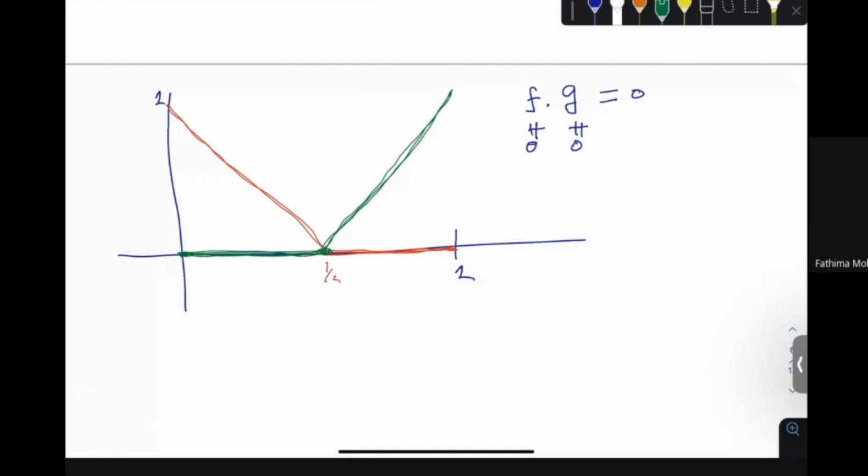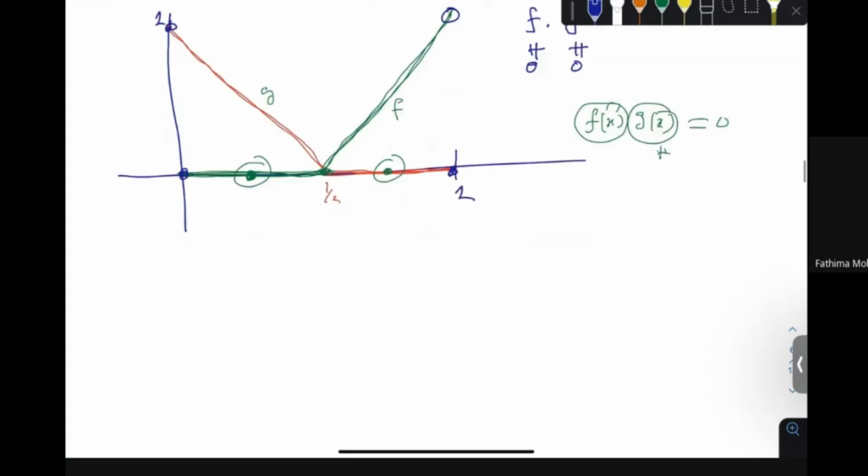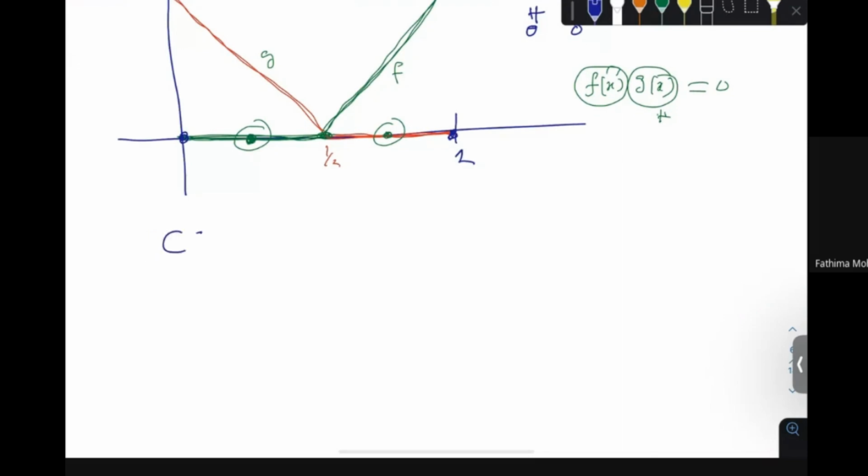Now you multiply. What is the multiplication? f(x) g(x). Let's call this one f and this one g. When x is here, f is 0, so the total quantity is 0. When x is here, g is 0, so the total quantity is 0. But neither f is 0 nor g is 0, because each takes some value. At 0, f takes 1 and at 1 it takes 0, but in the reverse way, g takes 1 at 1. So neither f is 0 nor g is 0. So this sets up a very great example